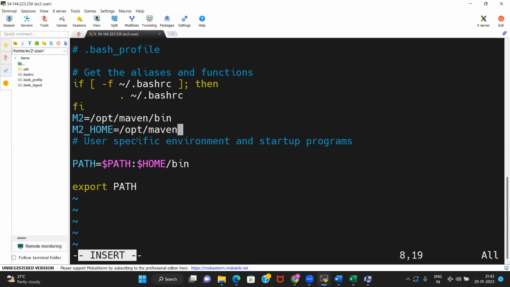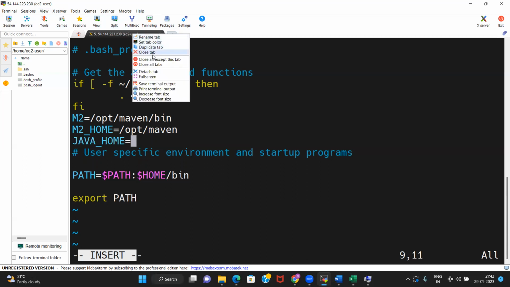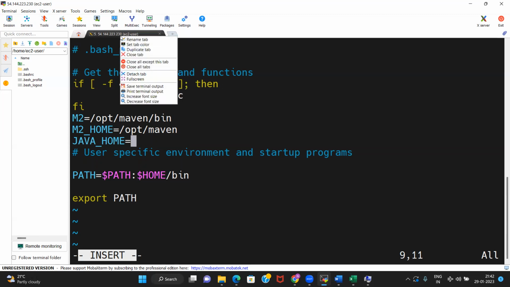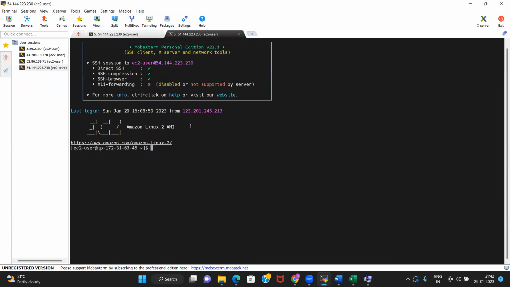The third variable that we need to set is JAVA_HOME. You need to tell the external applications where Java is. For Maven, you need it. Now, how to find out where Java is? Let us create a duplicate tab: right click, and then duplicate tab.